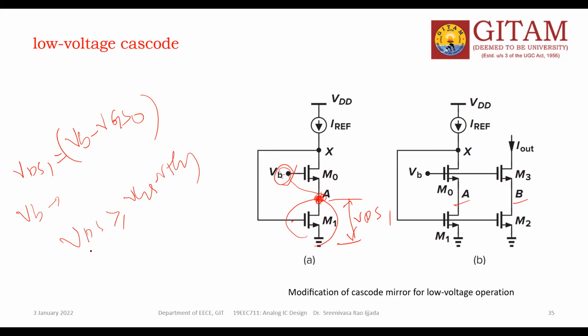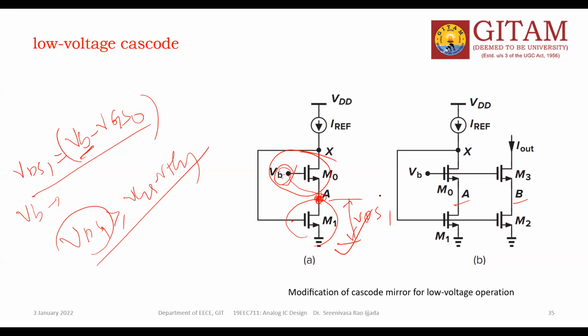This is the condition. This VDS, let us say this is the VDS1 of transistor M1. What is this VDS value? It is already calculated and written: VB minus VGS0, so it depends on these voltages. So you should choose this VB value such that it satisfies this condition. Then it is in saturation. That's why it says VB should be chosen in such a way that M1 is in saturation or at the edge of saturation. Don't worry.